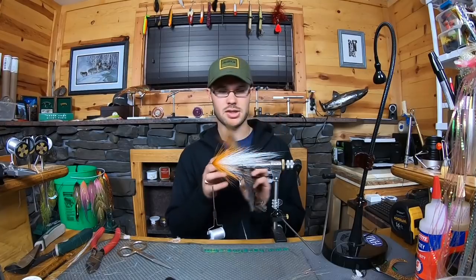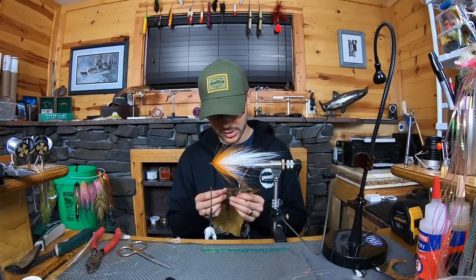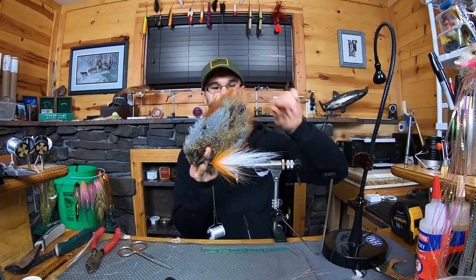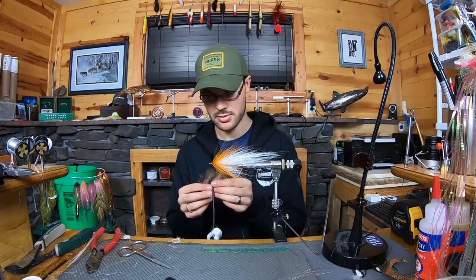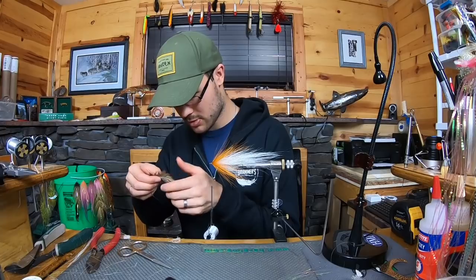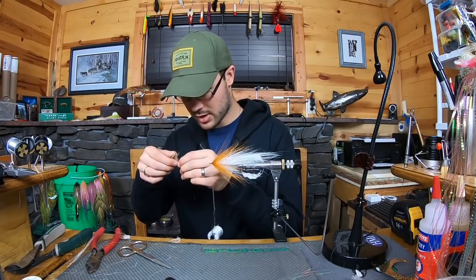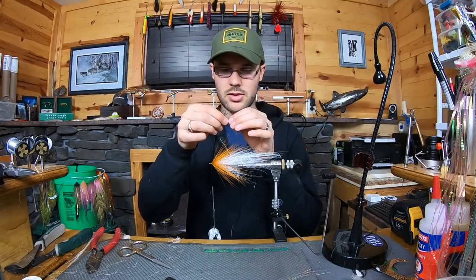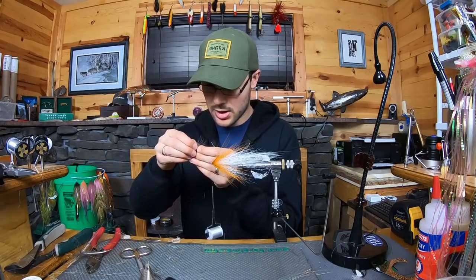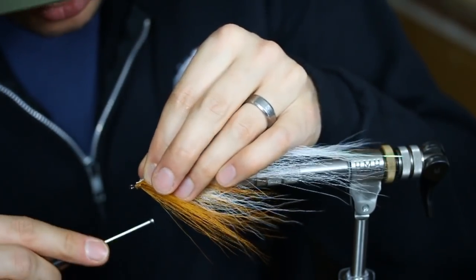So you just have a rump patch. You're going to want to use basically the longest ones you can find relative onto that patch. They're going to be all the way at the tip right up here. You can see most of mine are missing. And all I'm going to do is I'm going to take these two feathers. I'm going to find where the shaft gets a little bit soft, so if you flick it, you'll see right where it flexes. I'm going to cut that. I'm going to clean that out. I'm going to tie both in at the same time and just kind of get them on there,